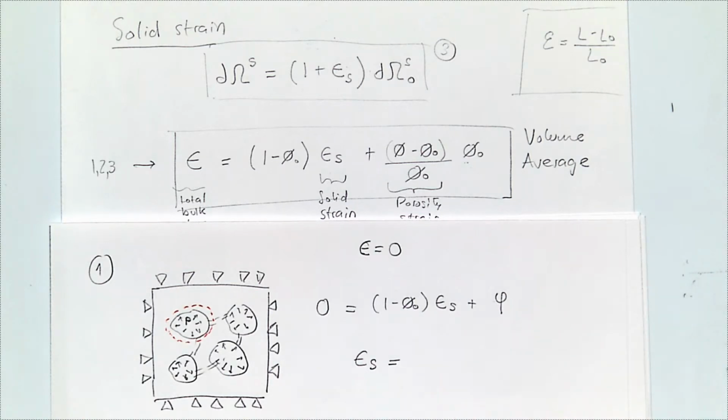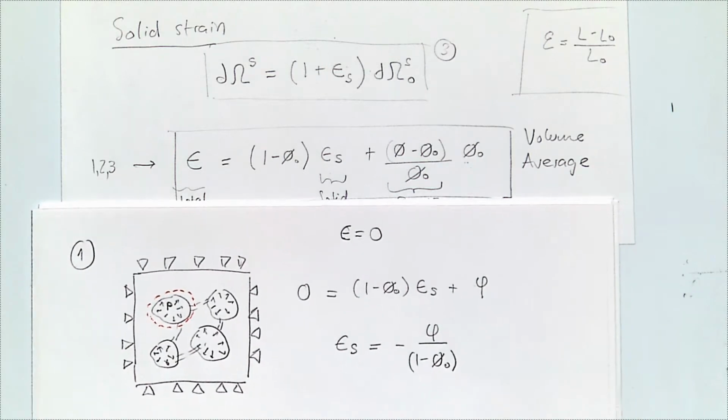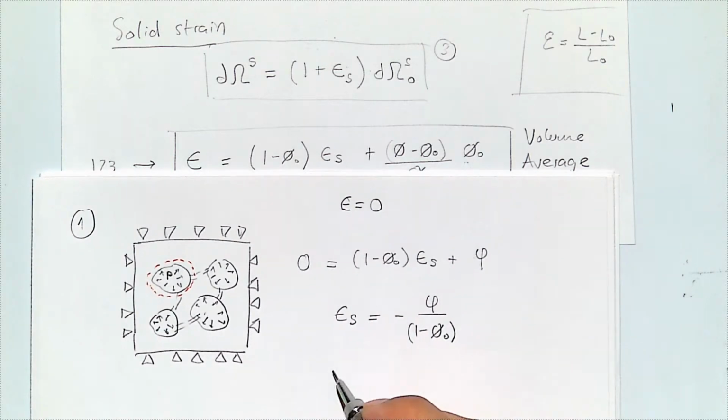And according to this equation, that has to be equal to the change of porosity divided by 1 minus the original porosity. You're increasing pore pressure? I'm increasing pore pressure. So if the change in porosity is larger than 0, which means that I'm increasing porosity,